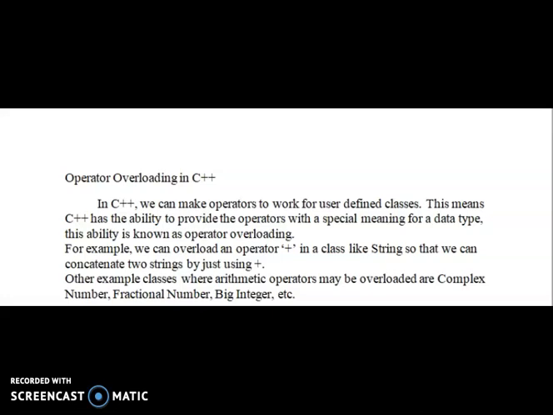For example, we can overload the plus symbol in a class like string, so that we can concatenate two strings by using this plus. Other examples are where the arithmetic operator may be overloaded for complex numbers, fractional numbers, big integers, etc.